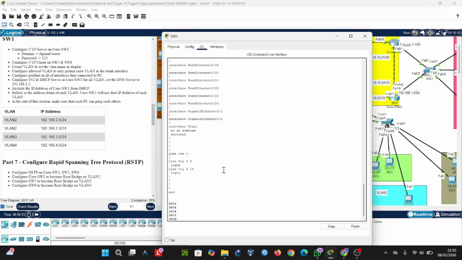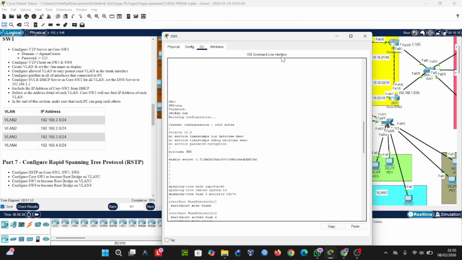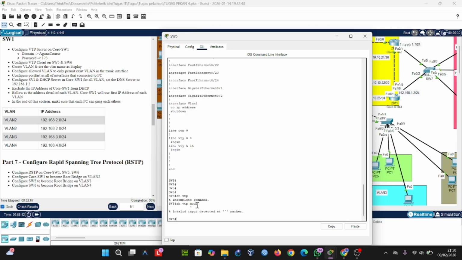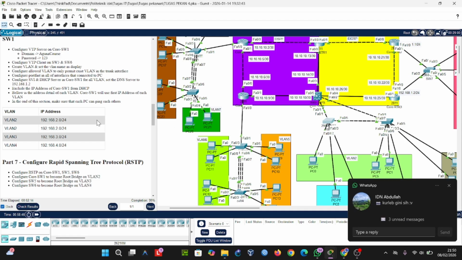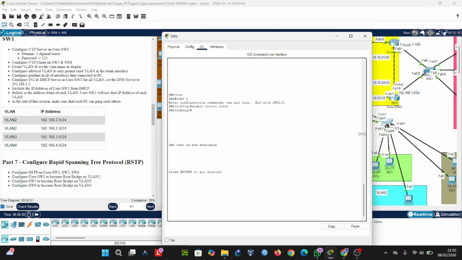Okay, this is the configuration. We show FTP. Okay, the continuing configuration.